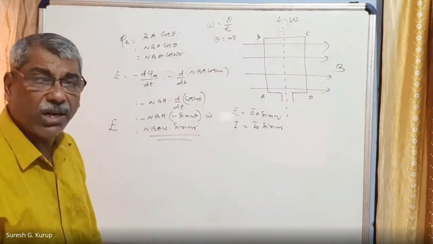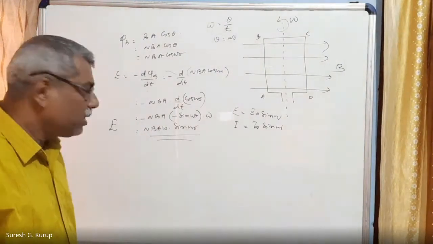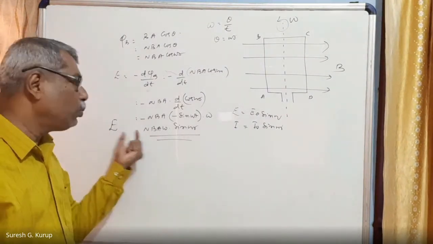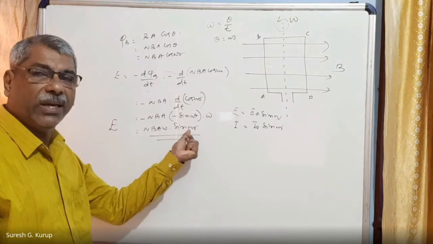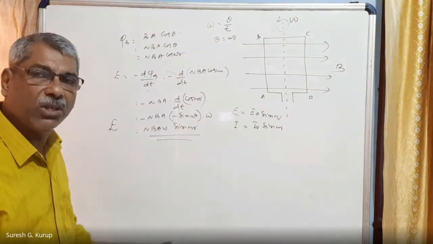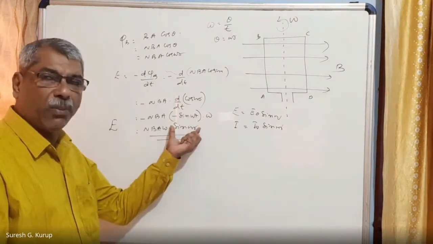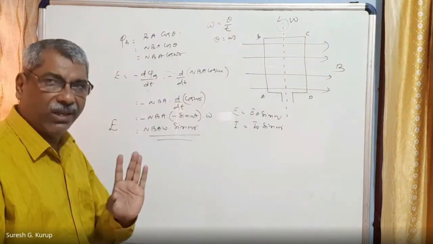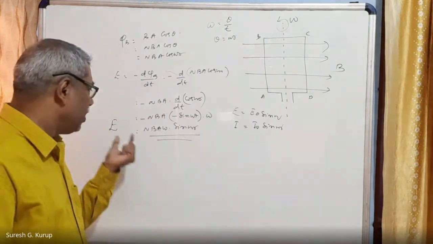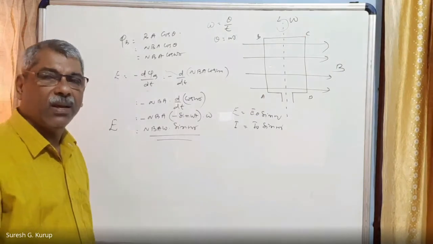This is a very famous relation. E is equal to NBA omega sin omega t. In this expression we see that the EMF induced depends on a sine function. It is changing according to the sine function. That is, this is called sinusoidal EMF. When sin omega t becomes maximum, or omega t is equal to theta is equal to 90 degree, sin 90 is equal to 1, then E becomes maximum. Maximum is denoted by E0.